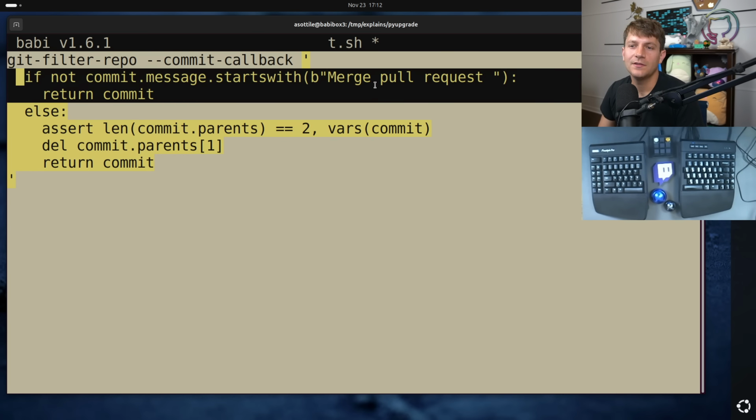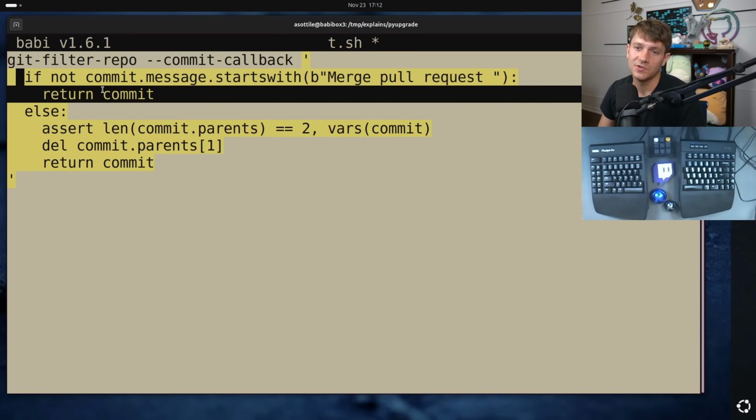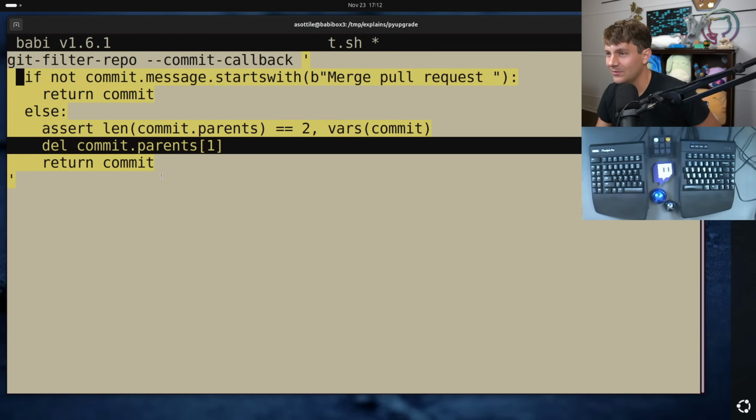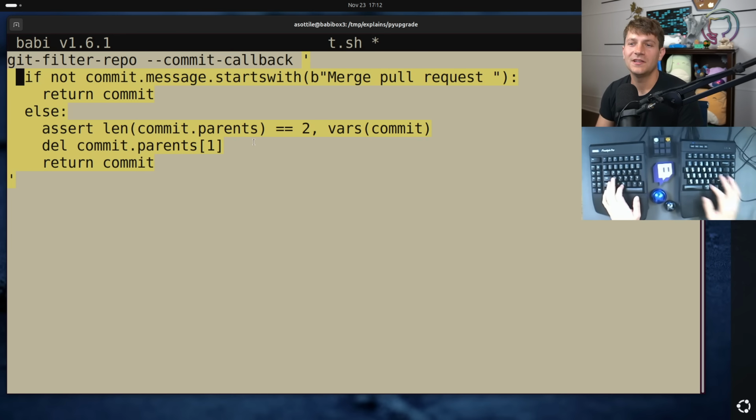If we get a commit that looks like that, or if we don't get a commit that looks like that, we're just going to leave the commit alone, allow this git filter repo mechanism to rewrite the history and just ignore normal stuff. But otherwise, we're going to find something that has 2 parents, and we're just going to delete one of them. And so if we run this thing here,